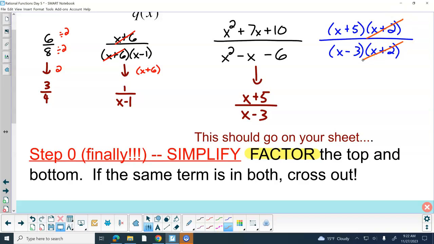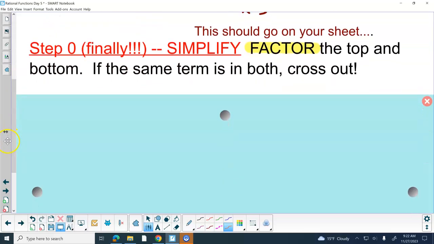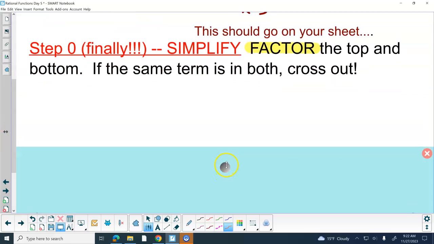We get to cross those out, and then this becomes our new function. Now, couple of things about this step 0. So the first thing about step 0 is